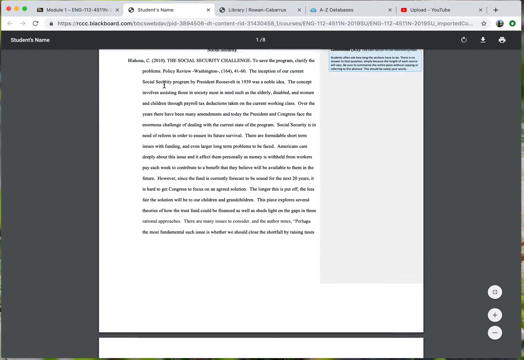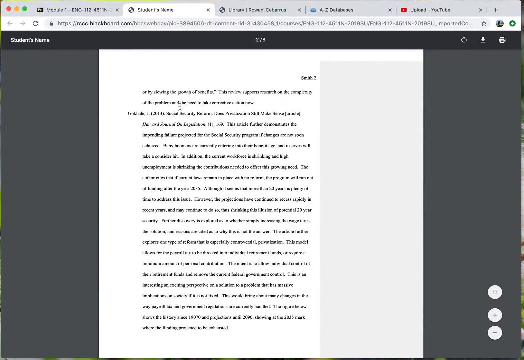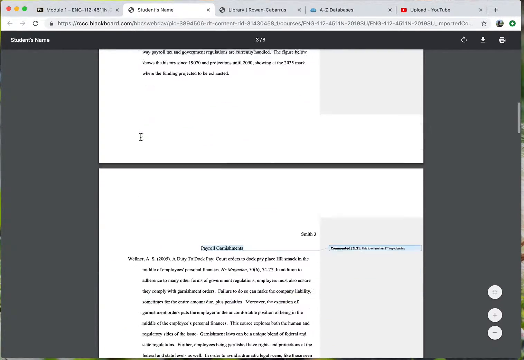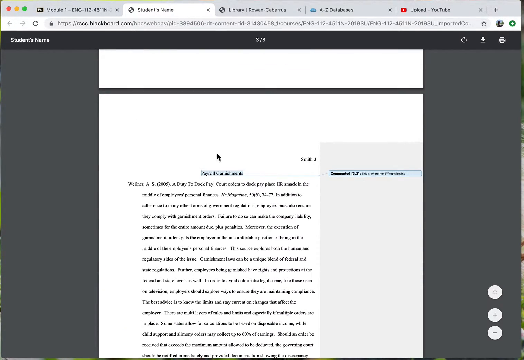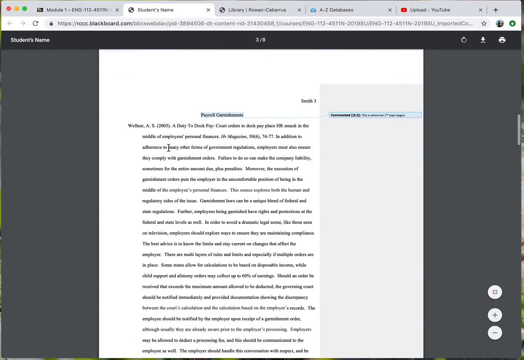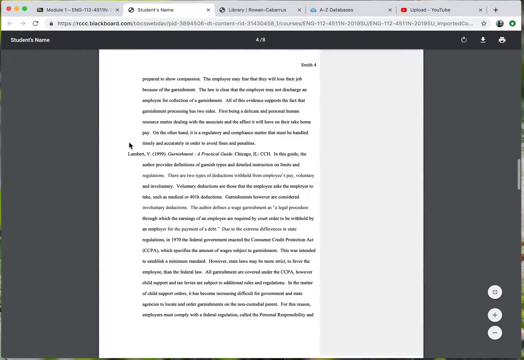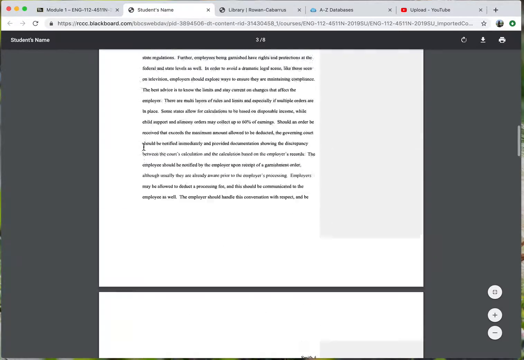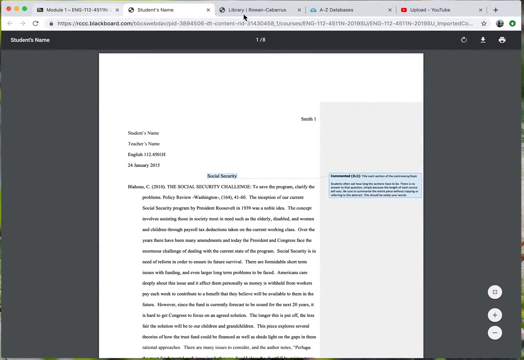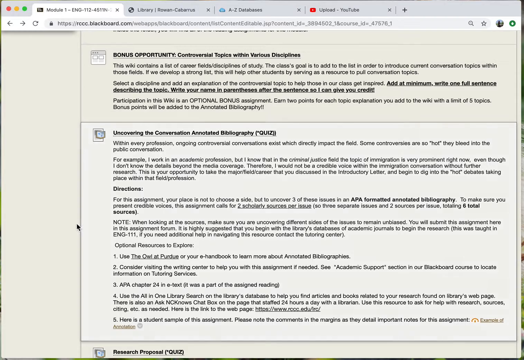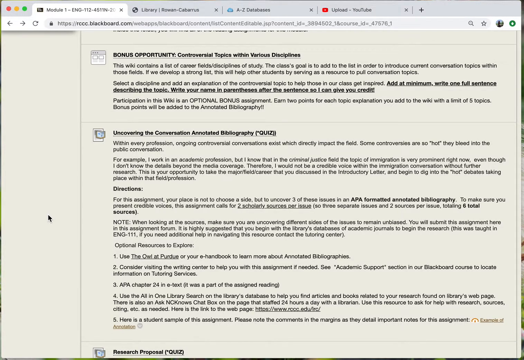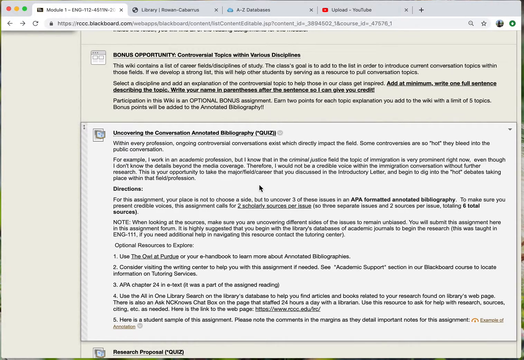So here's one resource, here's resource number 2, and then we're going to move on to our next topic, which is payroll garnishment in this example. So then again, you have one resource outlined, and then a second one. All right, so you'll have 3 different topics for a total of 6 sources. So once you've completed your annotated bibliography, after that we're going to move on to your research